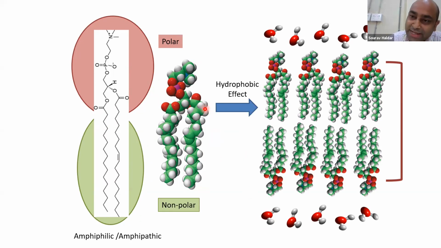But when the lipids are arranged in a bilayer fashion, although the hydrophobic parts are hidden, there is an edge problem. The edges are still exposed to the aqueous environment, right? Because these sides are still the hydrocarbon chains, which have no way to interact with water molecules. That's why a bare bilayer cannot be stable. So as soon as they form a bilayer, it wraps around itself to form a closed vesicle.